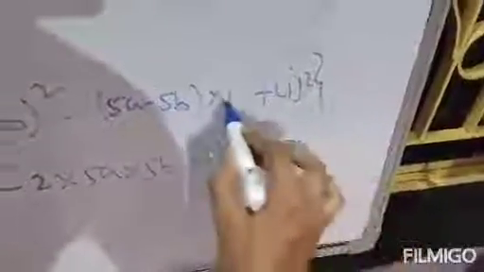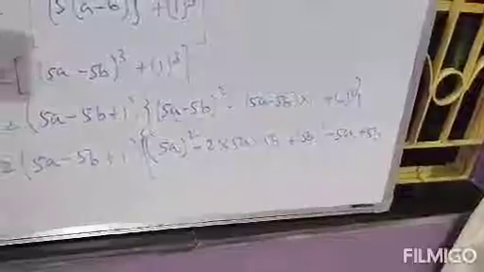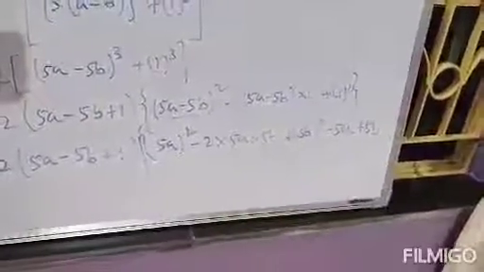Now multiply 1 into 5a, that is minus 5a, and minus minus plus, so plus 5b. If you multiply 5a into 1, that is 5a, and there is a minus sign before it, so that is minus 5a, and if you multiply minus 5b into 1, that is minus 5b, but one minus sign is present, so minus minus means plus, and plus 1 square means 1. This is the final expression. Clear? This is the final expression.